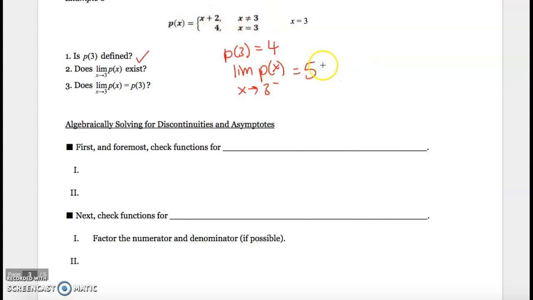If I'm plugging in things close to 3 from the right-hand side, which would be my right-hand limit, I'm still going to be using the top part. That's the perk of having a not equals symbol as a breakup in your piecewise function, because this basically says you're going to use this piece for everything around 3, for things greater than 3 and things less than 3. So my general limit does exist. It's 5 because my left-hand limit and right-hand limit match. But now you have to check the last step. Does your limit actually equal what your value was when you plugged in 3? My limit is 5 and my actual value is 4, so this fails the last step. So this one is discontinuous